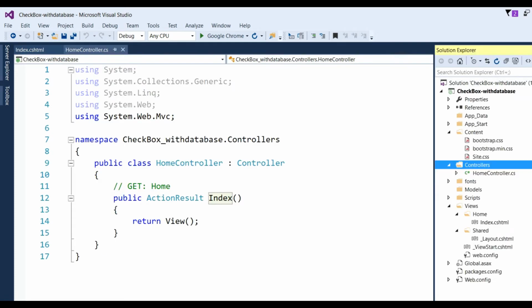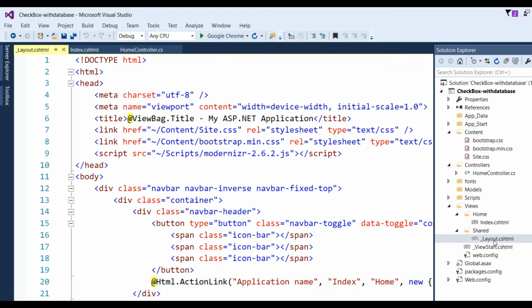And now let us see, there is index in the home folder and there is one layout HTML also created. Click on that.